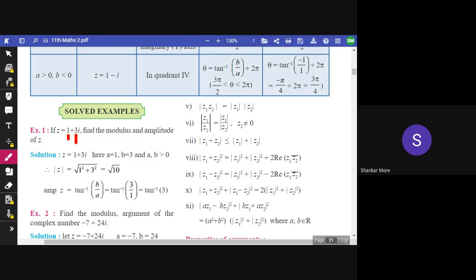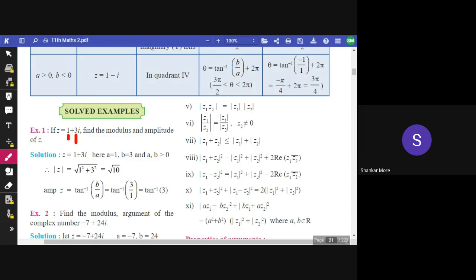1 square is 1, 3 square is 9, 9 plus 1 is 10 and root of 10. So mod of z is root of 10. Correct? Sorry, mod of z is root of 10. Correct? Now amplitude. Amplitude is nothing but